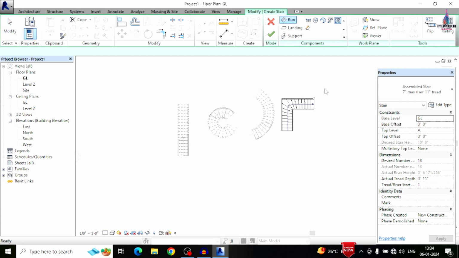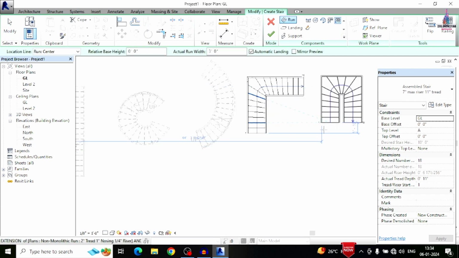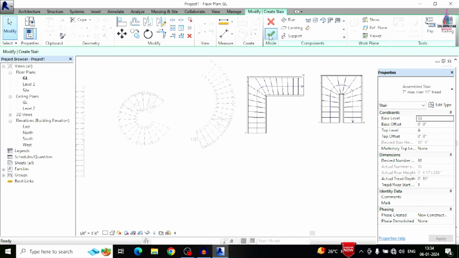In the same process I am selecting U type of the staircase. So this is the U type of the staircase. You can select here. Okay, it will be consisting of the support, landing, run. So you can change the railing section of the staircase according to your considered sections, like glass section or tube size sections. You can change according to the consideration.